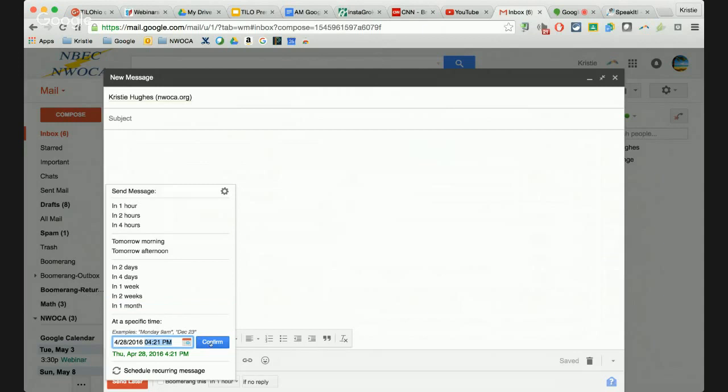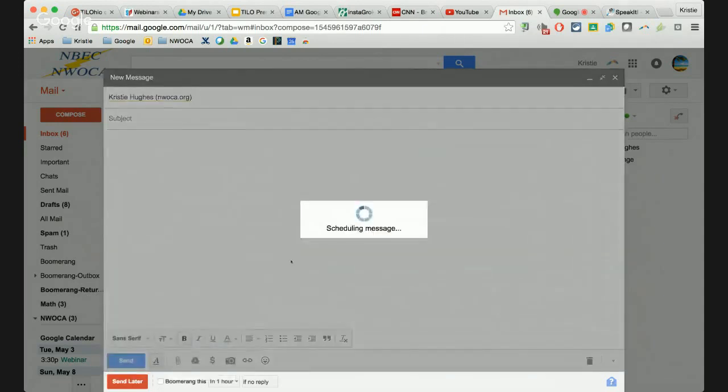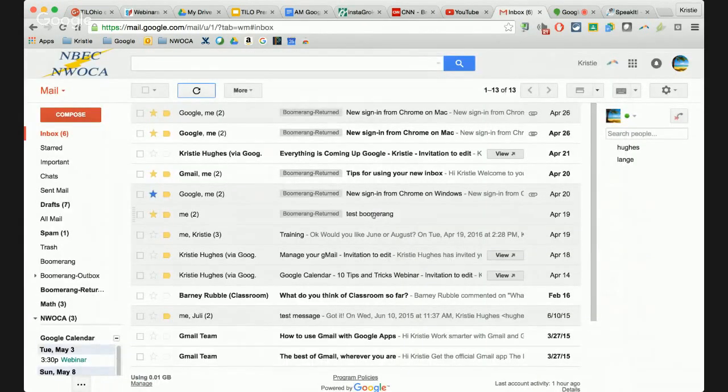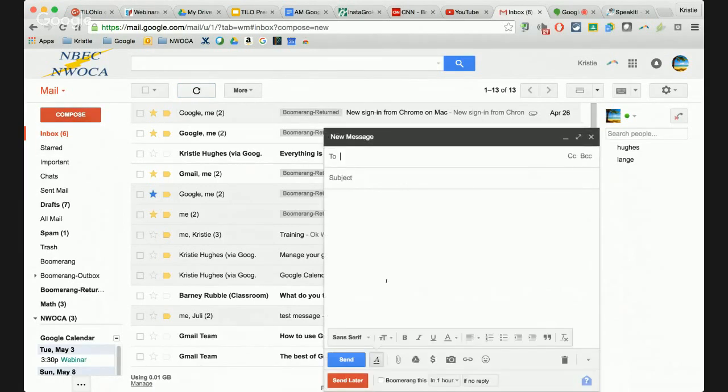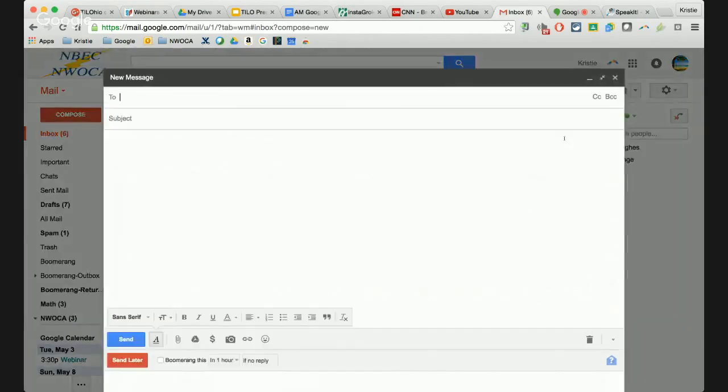When I click on confirm, it schedules the message, and this message will then sit in my account and it will go out at that particular time to whoever I might have sent it to. So that's what I think is really nice about Boomerang, because if I'm ready to send this message now, I can go ahead and type it up now, but it doesn't have to send right away.